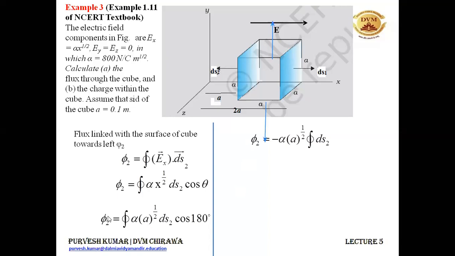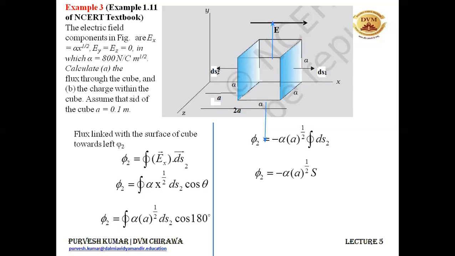So minus is taken out of the integral. Also, alpha A to the power half, we can take out of the integration. And why so? Because it is a constant. And we need to integrate only this surface. So the integration of a small area vector from this surface is the area of this surface. That is, I have written it with S, the area of this part of the cube, or this surface of the cube, and that is equal to A square. We know that the area of a square is A square, the side squared, A multiplied by A.